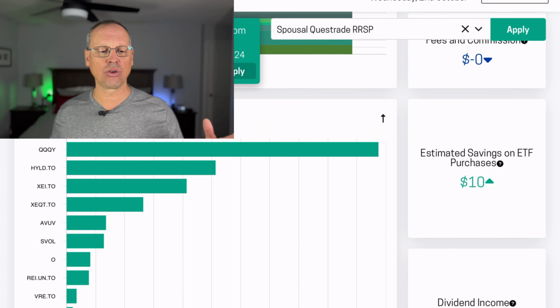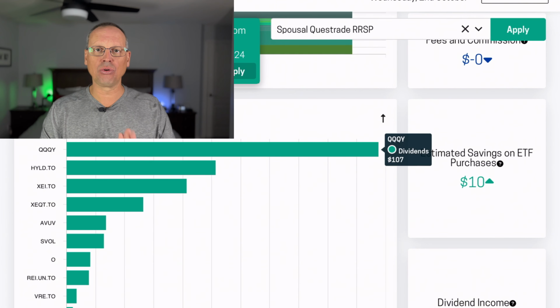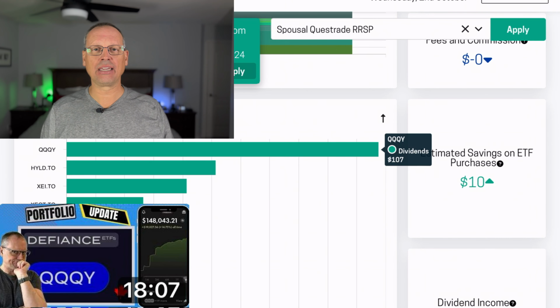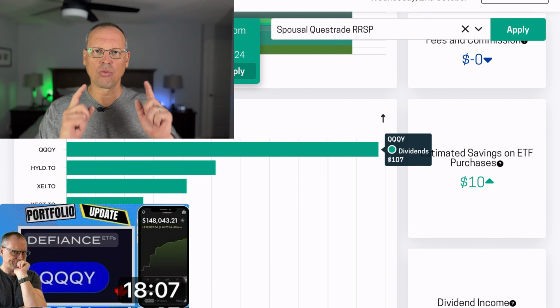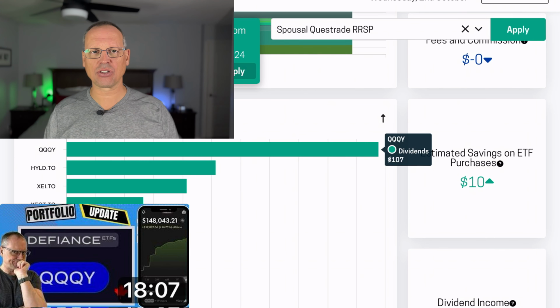and you can see that QQQY, sometimes I say that too fast, is the one that's actually paying out the highest dividend. But this particular covered call, which is actually a synthetic covered call, is drawn a lot of attention recently, especially by me, because I'm really worried about what's going on in this, whether or not it's good to keep. So watch this video here that's going to pop up on the screen, because I talk about that particular covered